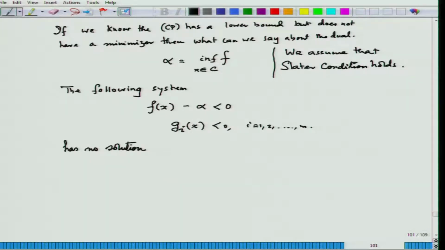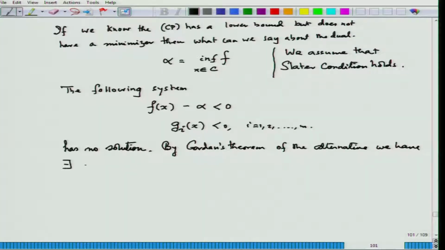Now, if this has no solution, by separation arguments or by Gordon's theorem of the alternative, which we have already walked through. So, by Gordon's theorem of the alternative, we have that there exist lambda naught bigger than or equal to 0, lambda 1 bigger than or equal to 0, lambda m bigger than or equal to 0, such that lambda naught, lambda 1, lambda m collectively are not 0, and lambda naught